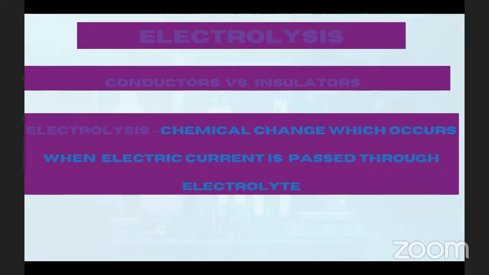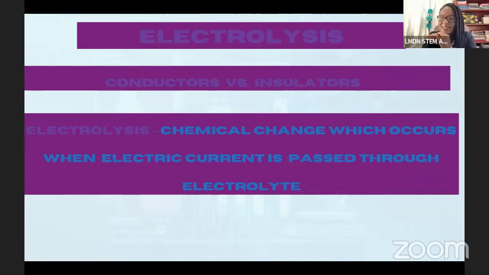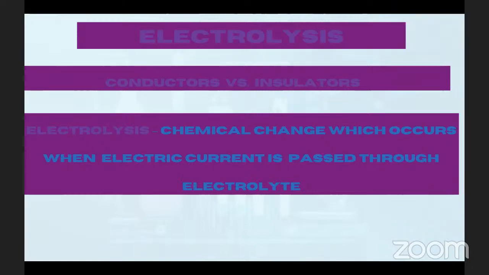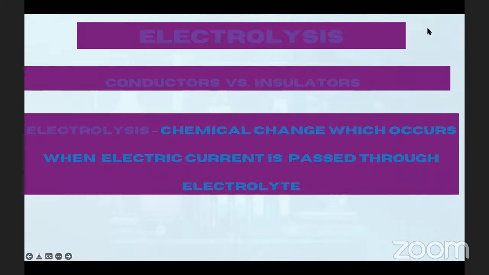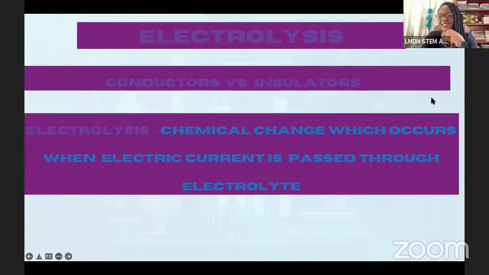We have, wait, go ahead. Graphite. Graphite is a very good, what is that? Conductor or insulator? Conductor. Very good conductor. Give me another good conductor. Do you have any more off the top of your head that you remember? Copper. Copper, because copper is a metal, yeah, so that's great.